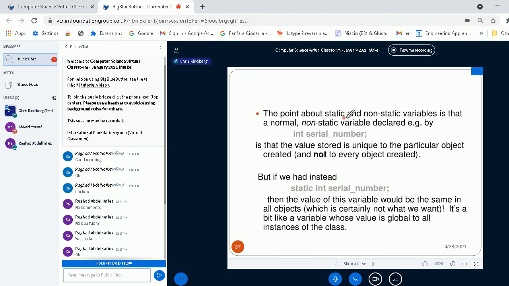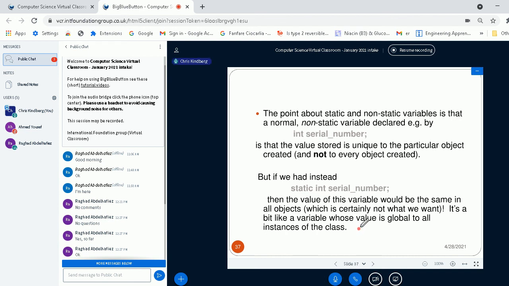The point about static and non-static variables is that a normal non-static variable, say serial number, stores a value that is unique to the particular object, but not to every object created. But if serial number were marked as static, then the value of this variable would be the same in all the objects that are created, which is not what we want.